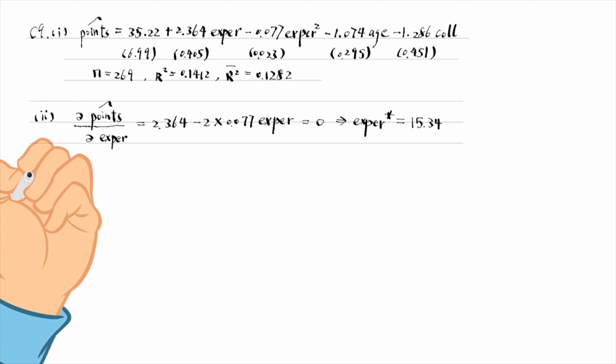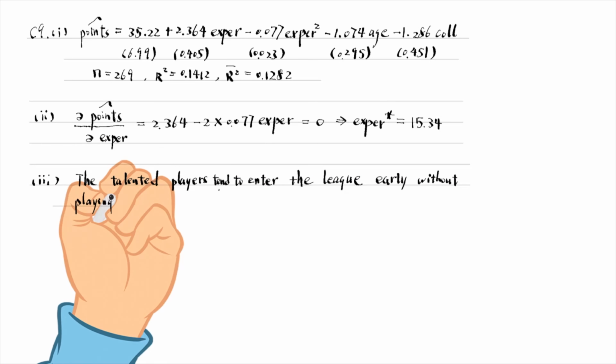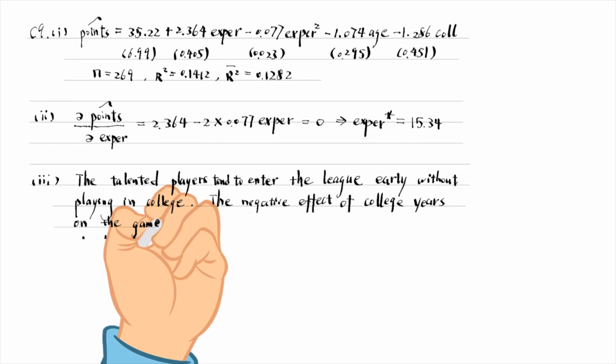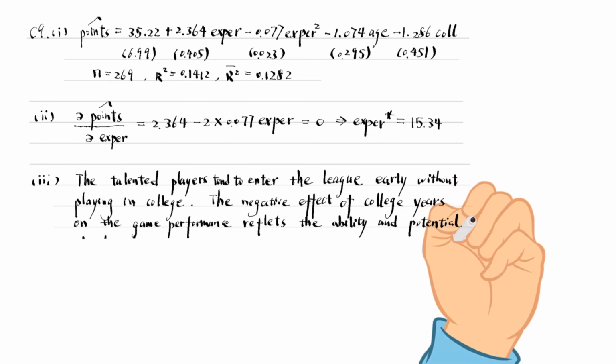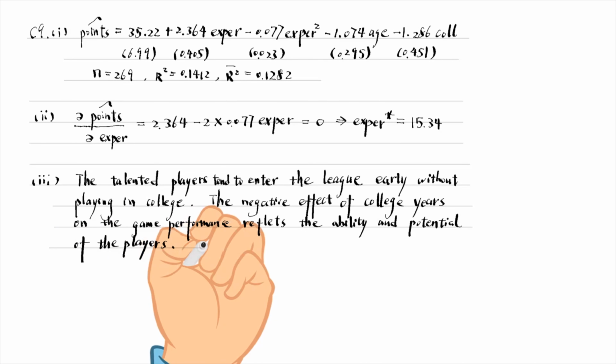Only 2 players with more than 15 years of experience are in the sample. In the third part, talented players tend to enter the league early without playing in college. The negative effect of college years on game performance only reflects the player's ability and potential, which are not controlled